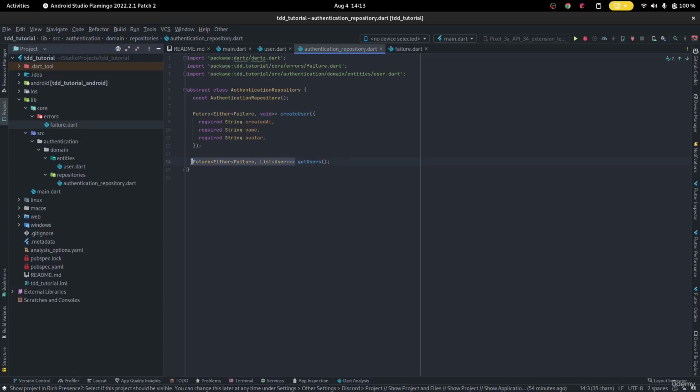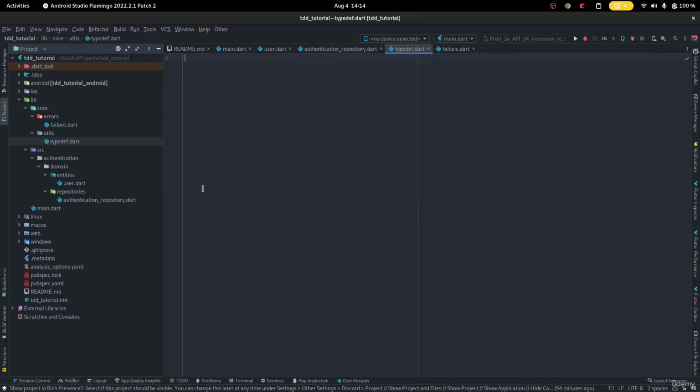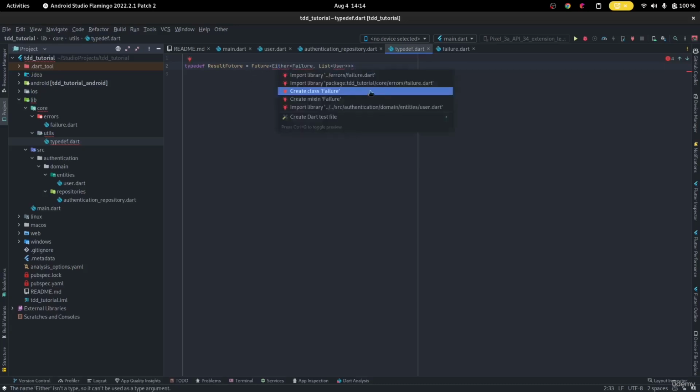In order to get that to work, we will extract this into a separate new Dart file. In the core folder, we create utilities. Inside of utilities, we can have type definitions. Typedefs are a way to create one short generic name for a type. We can create a typedef by saying typedef, and we write the name of the type. In this case, we can use ResultFuture. Whenever someone says ResultFuture, we want to know that they're talking about this, a Future of Either Failure,